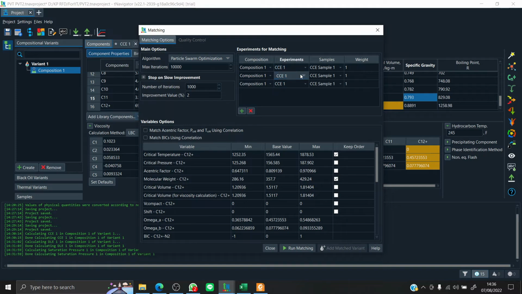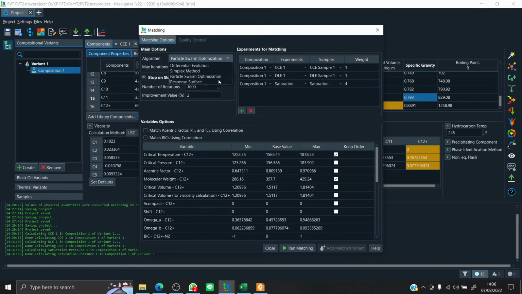So we have 3 experiments, the CCE, the DLE, and the saturation pressure. We can increase the weighting for each experiment here, or the value or the parameters back in the sample step, as I demonstrated earlier. I want to increase the weighting of the bubble point pressure by 4 in the matching. We can also select the algorithm that we want to use.